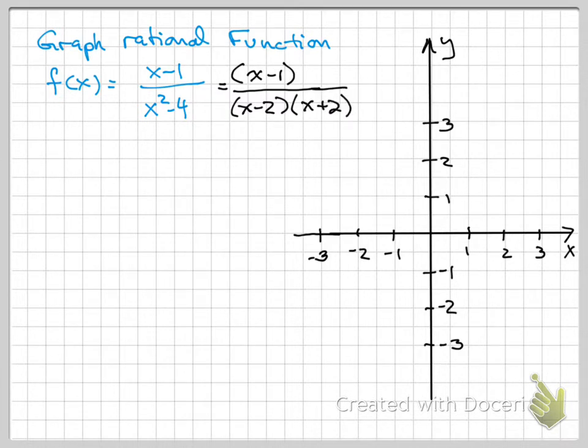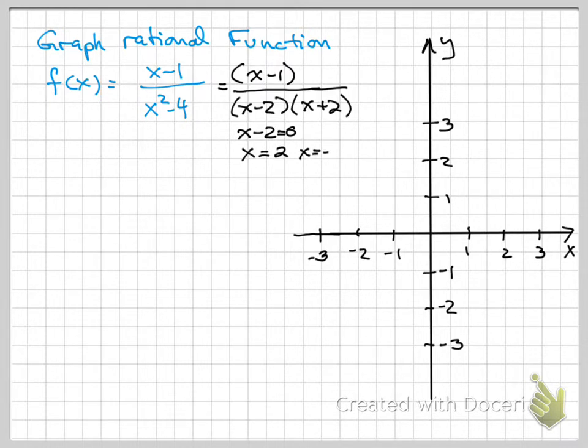So we can clearly see that we cannot reduce anything, so that is definitely in lowest terms. Now we can also find the domain. So what I call the restricted value is a number that makes the denominator equal to 0. We set each factor equal to 0, and we get x equals positive 2, and here we have